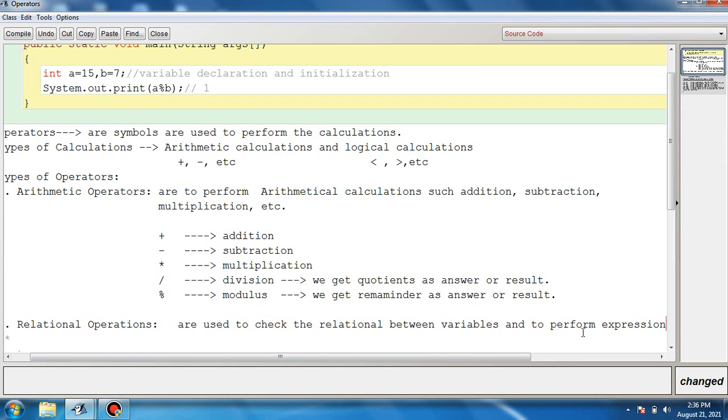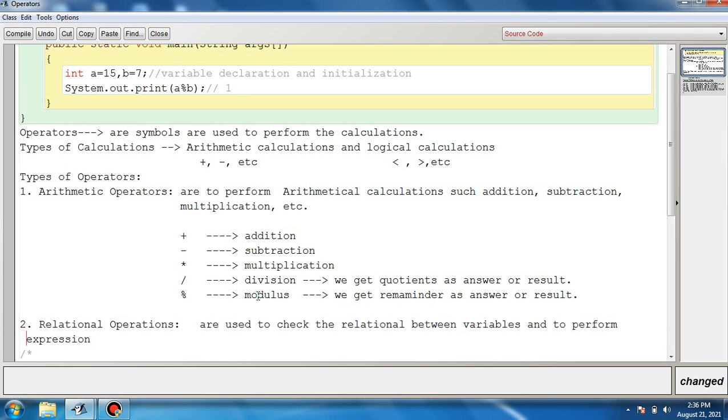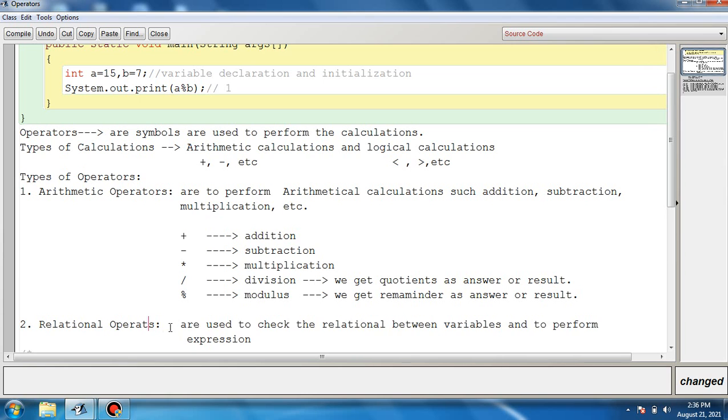I will show you how these expressions work. Relational operators, not operations, are used to check the relationship between the variables and to perform expressions, or you can say test expressions. You can use these words.